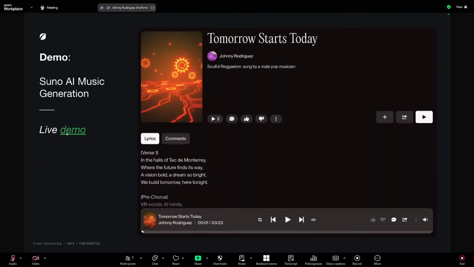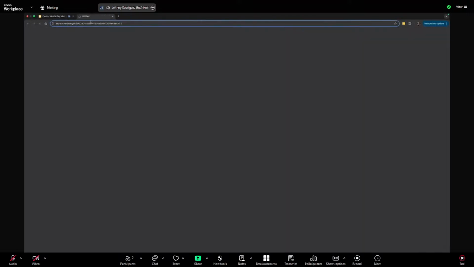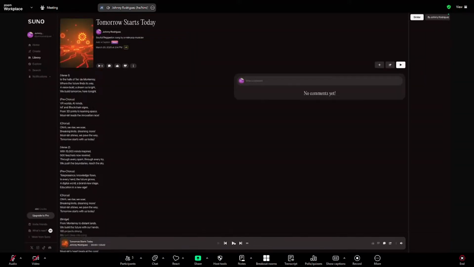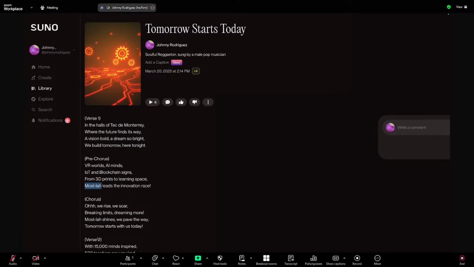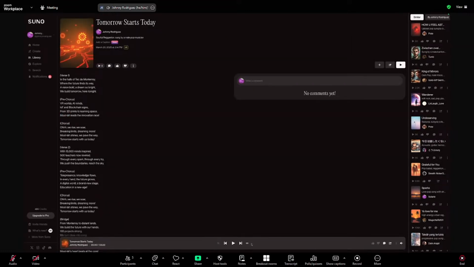We're even getting into things like audio. So this is quite interesting. I'll click play on this for just a second. This was a song that was created based off of Mostla. You're going to see that that's obviously not how we spell that, but that was a way to be able to have it pronounce it correctly. So I'm going to click play and give you just a little bit of this song that was generated.